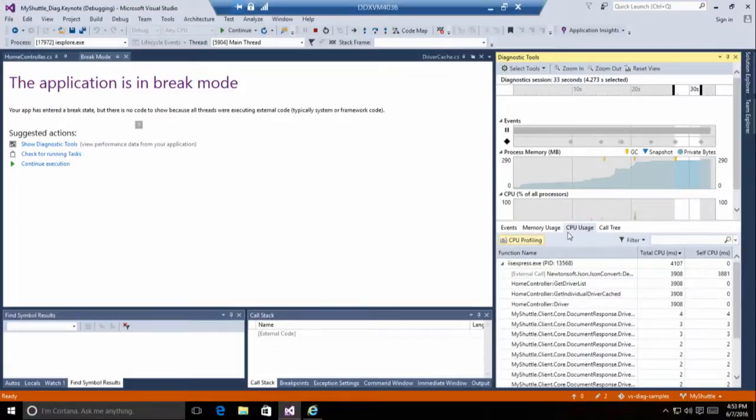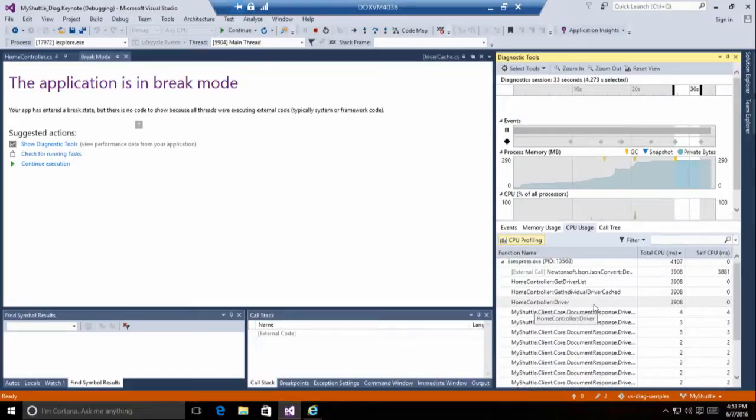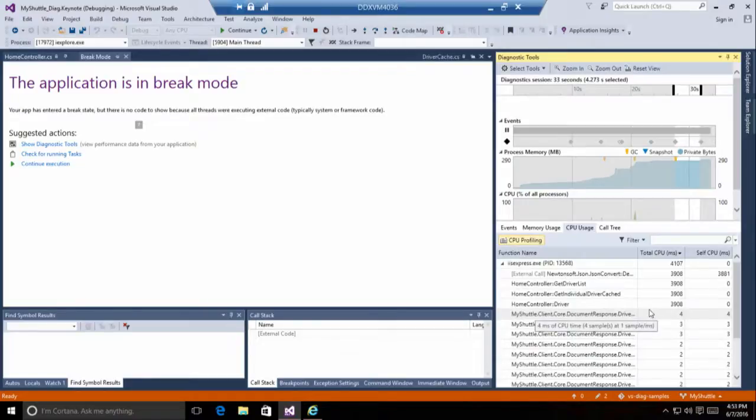So the CPU usage tool, while debugging, we've implemented a couple different views. We've added something called a flat list of functions, where instead of a hierarchical view of functions in a tree, as we showed in the call tree earlier, we simply can give you a list of functions and the timing of those functions. So if you can see here, this is a similar view to what we had earlier in the call tree, but this data is now aggregated by function, and we just have a simple list that gives you a quicker insight into what's going on in